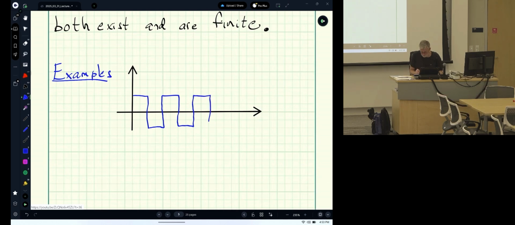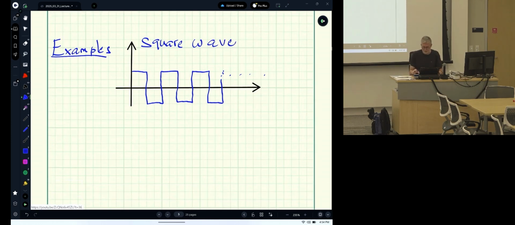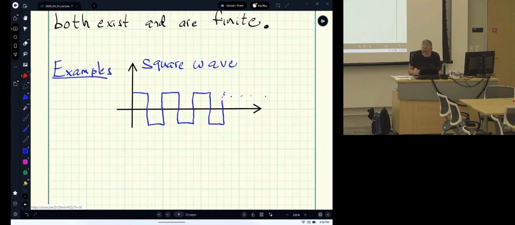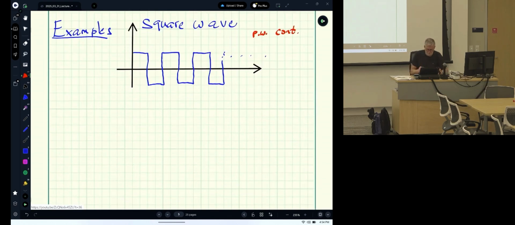So I'm drawing it in a way that it's not really a function, right? But that's a square wave. So that's piecewise continuous, it's periodic. Piecewise continuous. And then